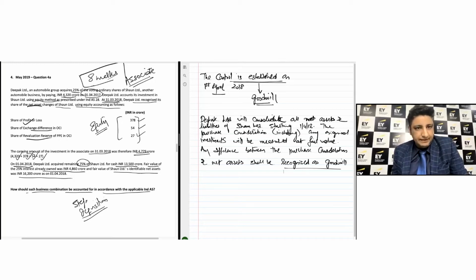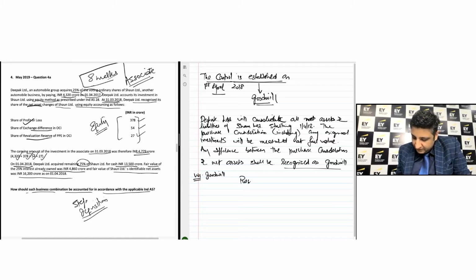as the case may be, right? But what you're paying, you remember, you need to measure it at fair value. Okay, whatever you are getting, whatever you're going to consolidate, you measure that as well at the fair value on the date of acquisition, that is on the date of establishment of control. Okay, so let's do that together here. Okay, so what I want to do is, we are saying that I may say my working one, which is goodwill.